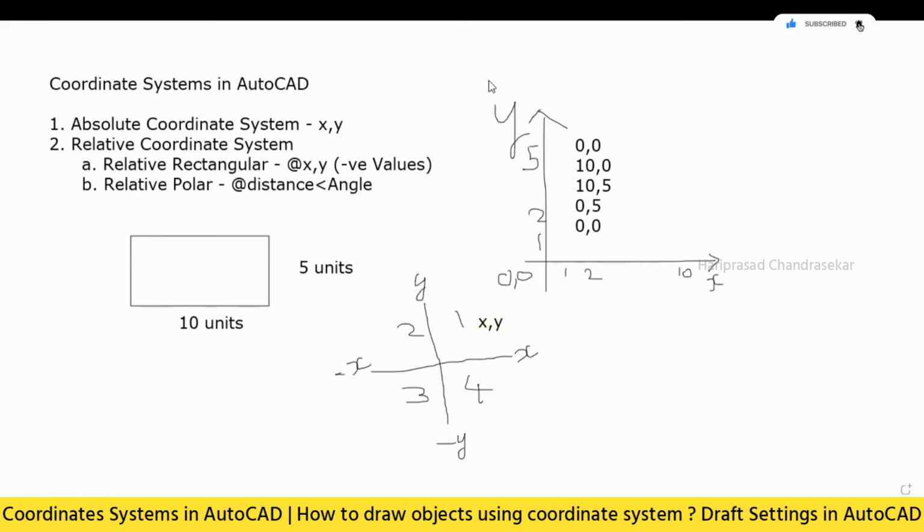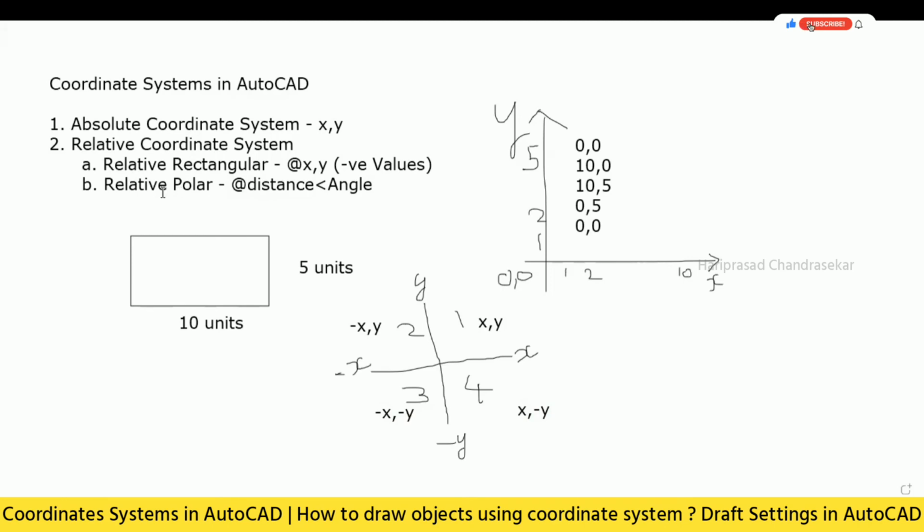So based on that, we can go for values of x comma y. In the second quadrant, we will be having minus x comma plus y. In the third quadrant, minus x comma minus y. And in the fourth quadrant, plus x comma minus y. This you need to know when you are dealing with a relative rectangular coordinate system.